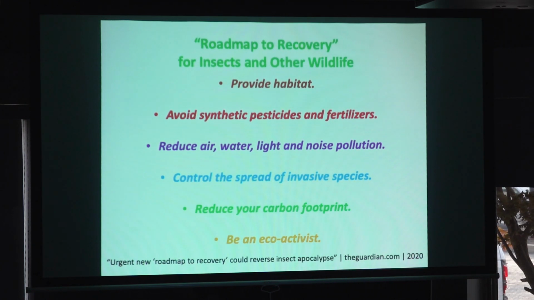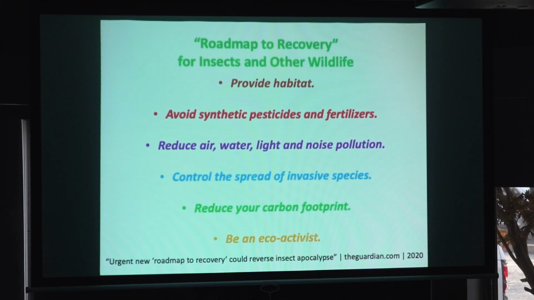But let's look at these next three: avoiding synthetic pesticides and fertilizers, reducing the air, water, light, and noise pollution that negatively impacts insects, and controlling the spread of invasive species. Now the next two, reducing your carbon footprint and being an eco-activist, are great too, but they're more general things to do regardless of what your cause is, right? That would have to do with reducing your carbon, just being friendly to the environment in general. But if we're focusing on the pollinators,